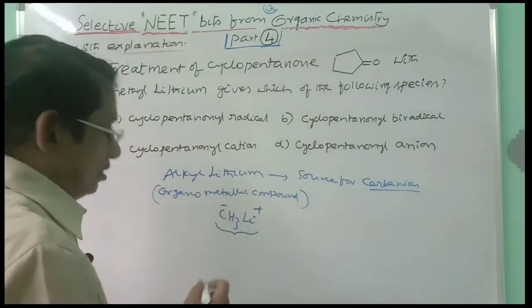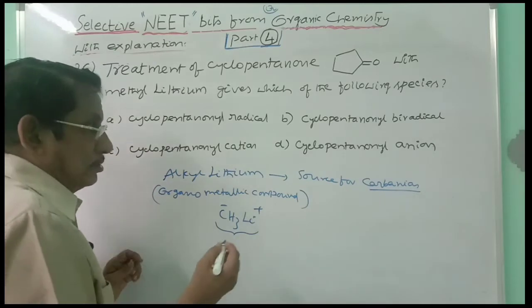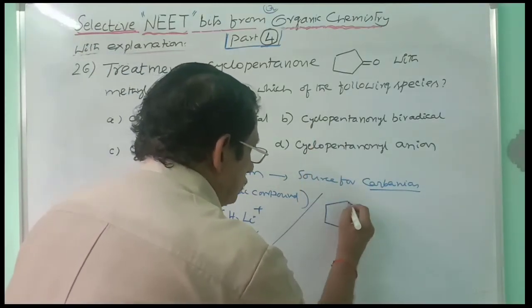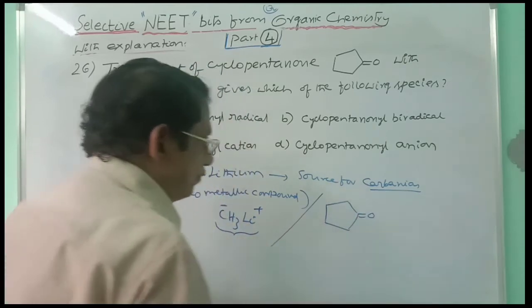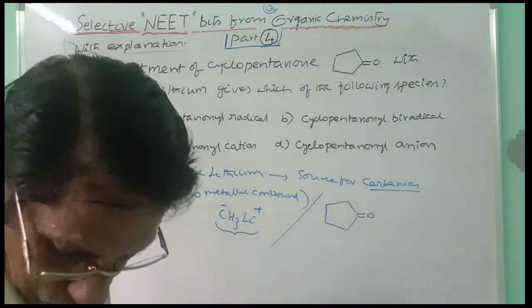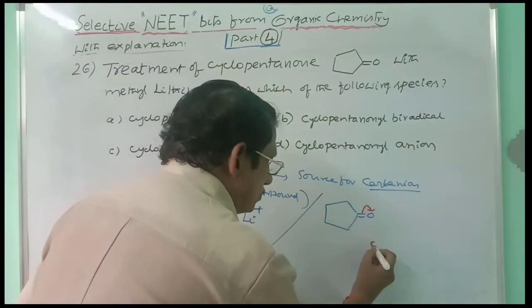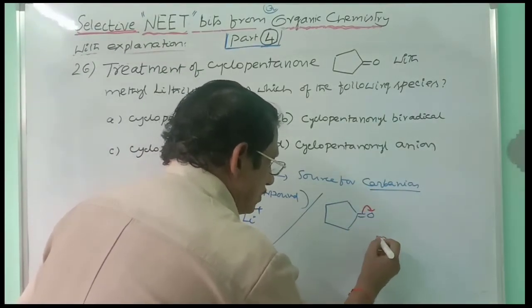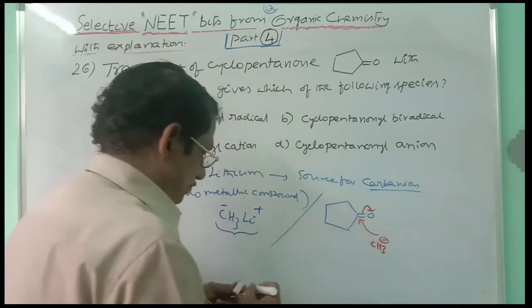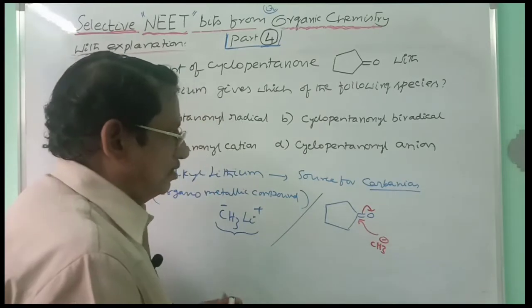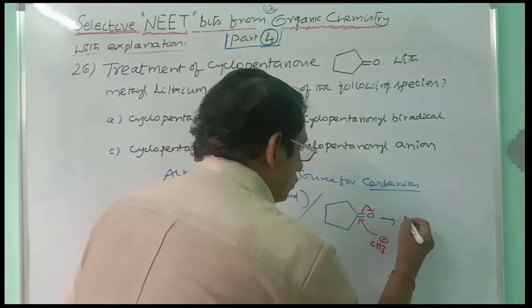Here we are having cyclopentanone like this. It is having a keto group. The pi bond will be polarized like this. CH3 minus will be attacking the carbonyl carbon here. Then what happens? Nucleophilic attack is taking place on the carbonyl carbon, and this gives you